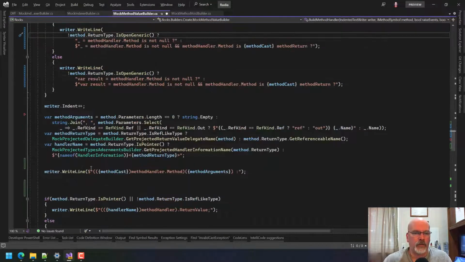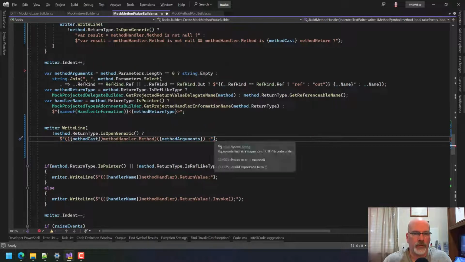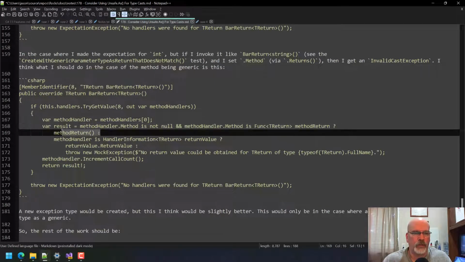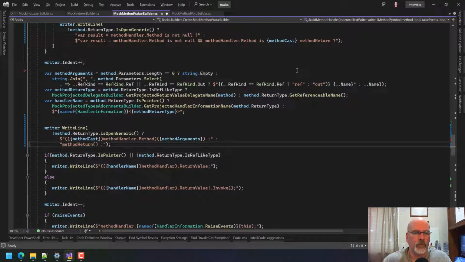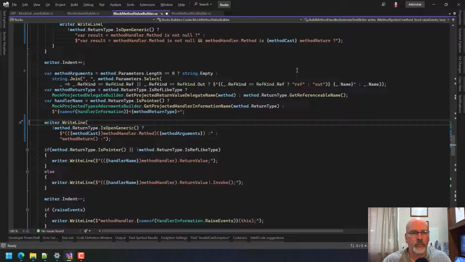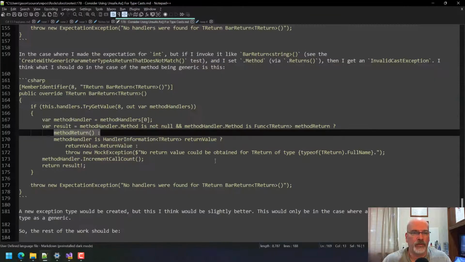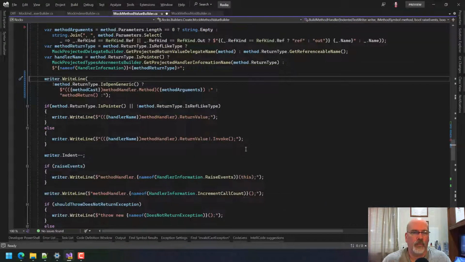Now here, we also need to say, and yeah, I could do a capture the is open generic thing. Okay, except here, what we're going to do now is just say method return. Okay, we've already indented, and we do that. So now we can pull that back up and that there. Now the only thing left is to now say do this. Okay, and that would happen here and here.